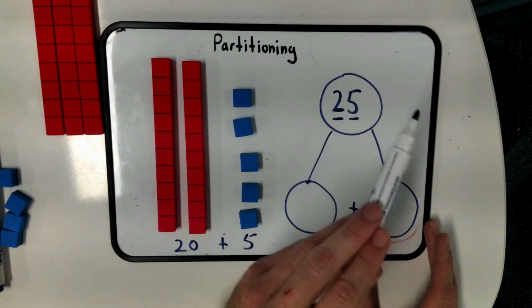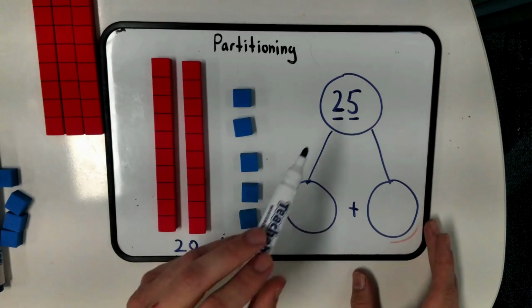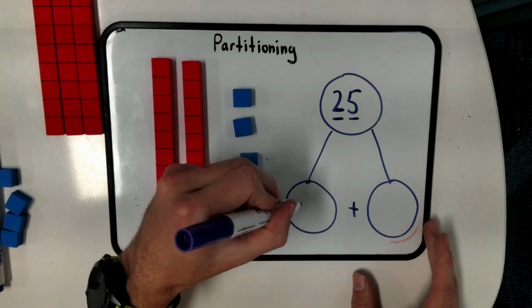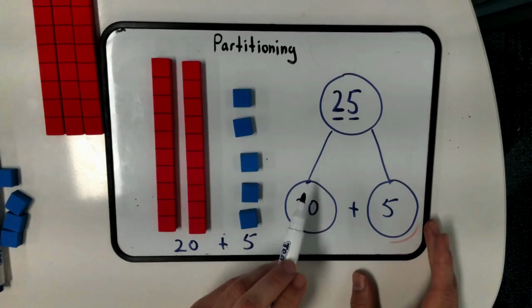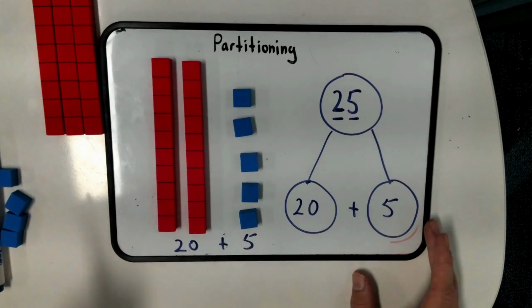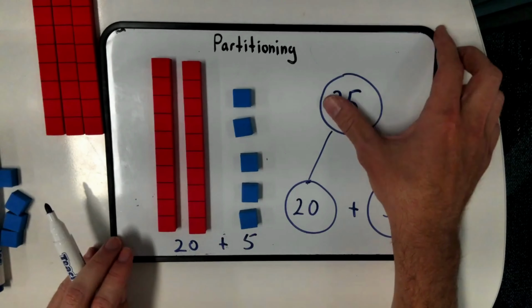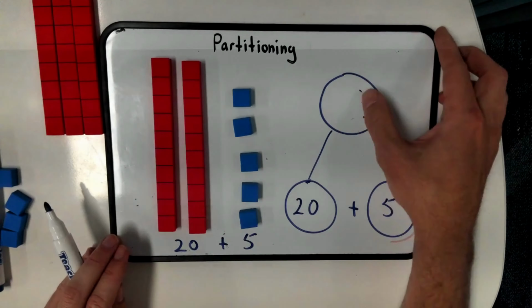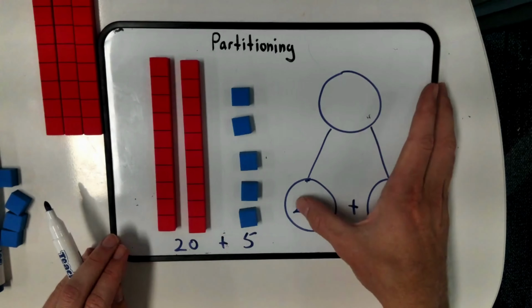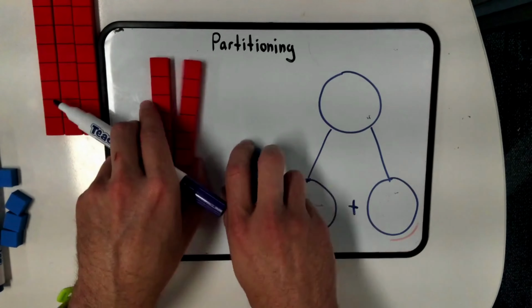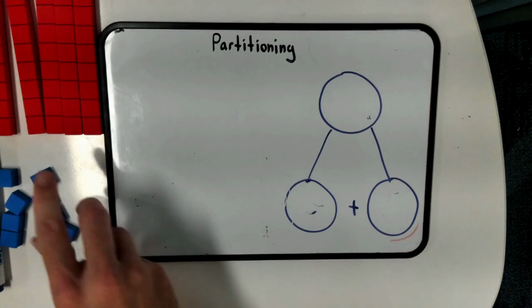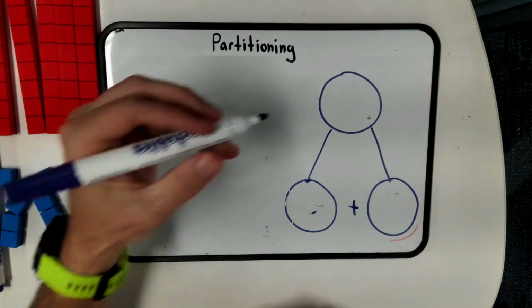Now how this is going to look using our part-whole strategy is we pop the 20 and the 5 in here. And if we were to add them together, 20 plus 5, that would equal 25. We're going to do 2 more examples of that exact same technique, and we'll use the 10s and 1 blocks as well. The second one, we're going to do a bit of a trickier one. We're going to do